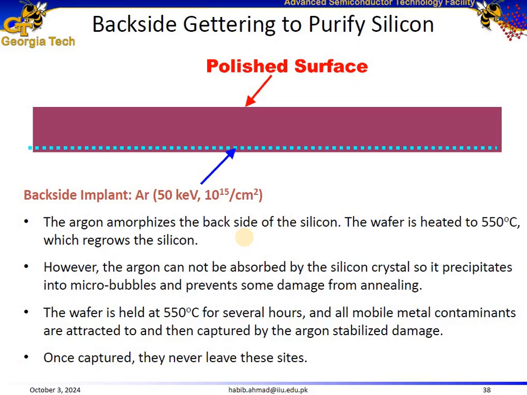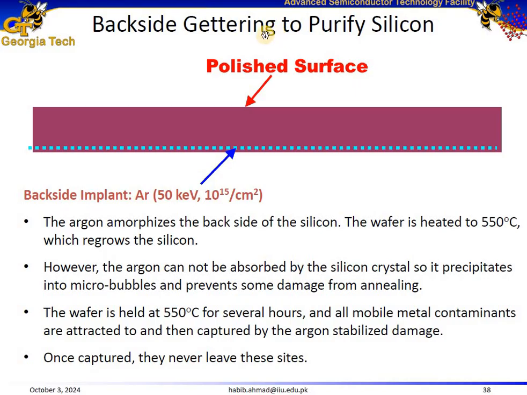This slide demonstrates the process of backside gathering to purify silicon, which is a method used in semiconductor manufacturing to improve the quality of silicon wafers by removing impurities, particularly the metallic contaminants. So let's talk about gathering. What is gathering? Gathering is a process used to attract and trap impurities, especially metal contaminants, in certain regions of